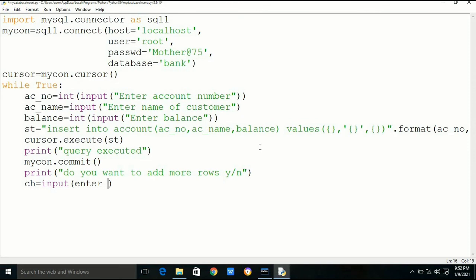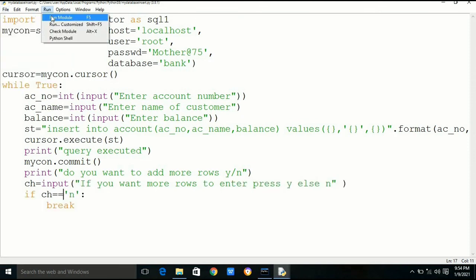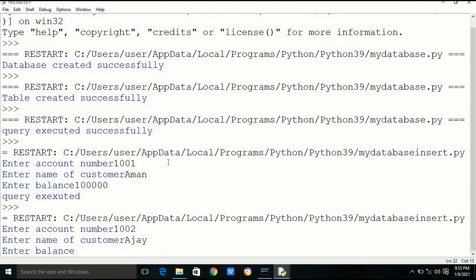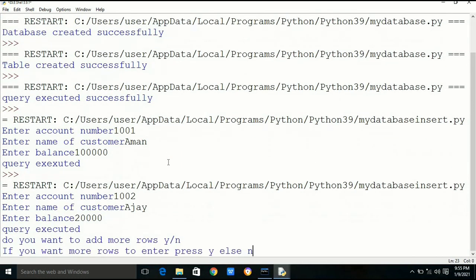Now we will run the program and we can insert multiple rows. Here first data is Aman. As you know, we have already inserted Aman. Now we will insert 1002 Ajay and balance 20,000. If we want more rows, then we have to press yes.